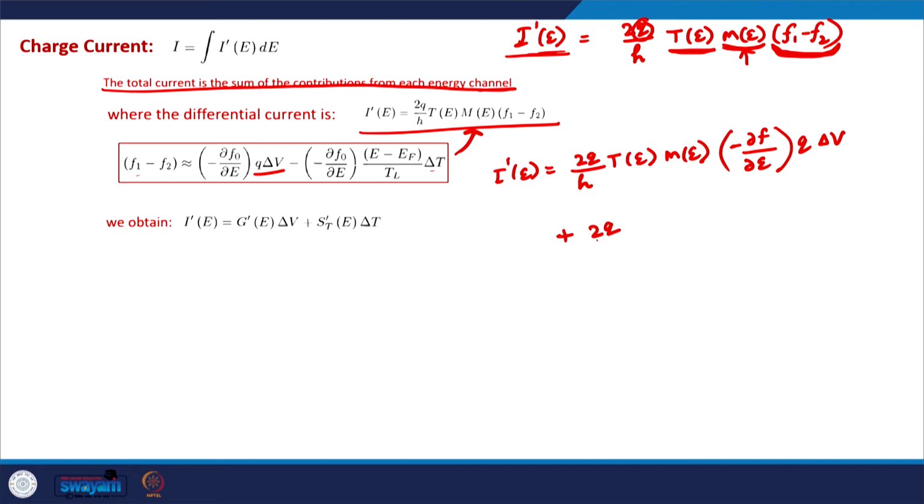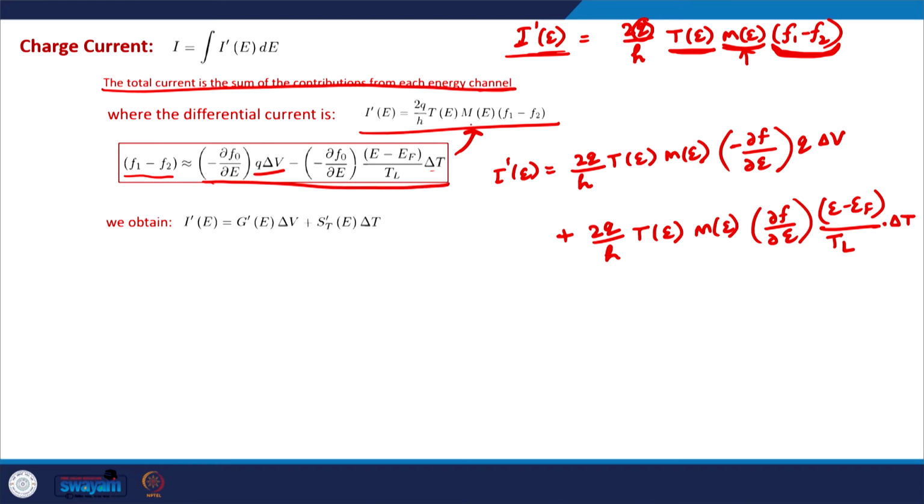Plus 2Q by h T E M E del F by del E minus E F divided by T L times delta T. So, we have just replaced F1 minus F2 by this in the differential current expression. So, here now this thing